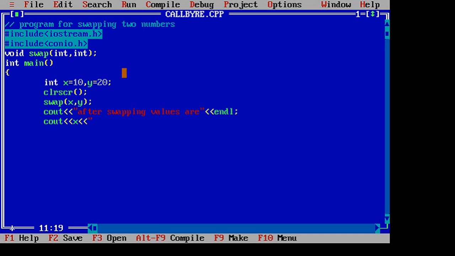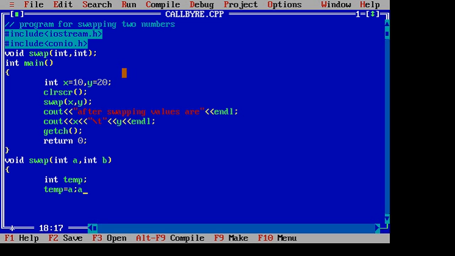And then I will display a message using cout: after swapping values are, and I will use endl, and display here cout x, then some space, so I can use tab \t, and then y, and then I will use getch and then close main.